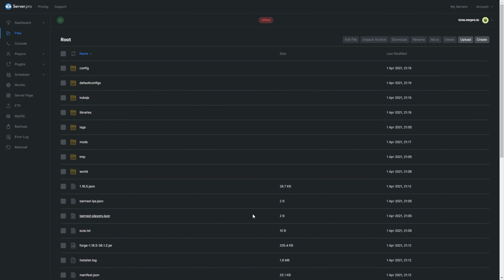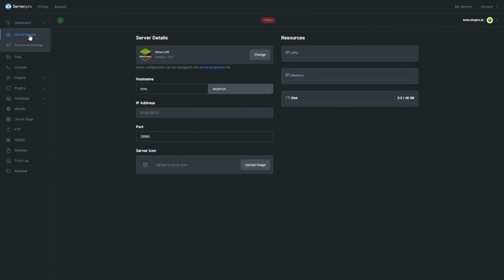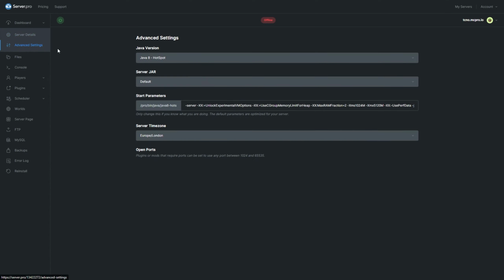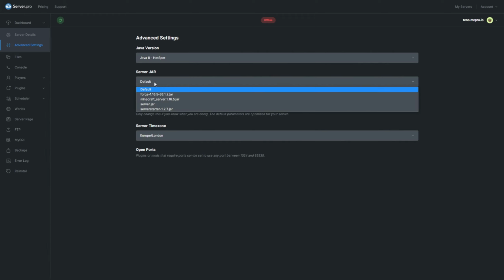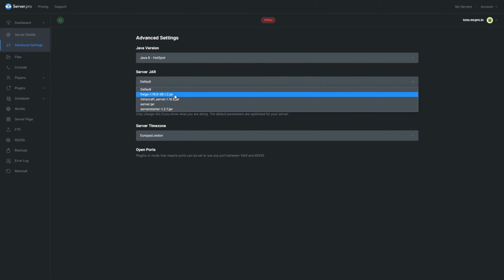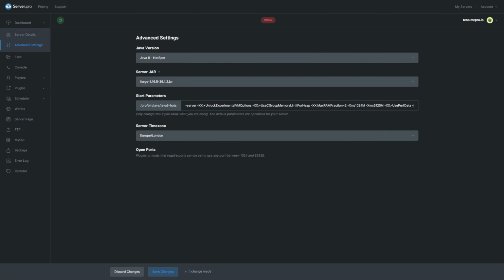To configure the server, head over to the Dashboard tab at the very top. Then click Advanced Settings right below it. In here, click the drop-down under Server jar and select the correct file. Usually, modpacks are run using Forge, but of course there could be other jar files. If you don't have a forge.jar, check the modpack's help files. Usually, if you do have a forge.jar, simply select it,